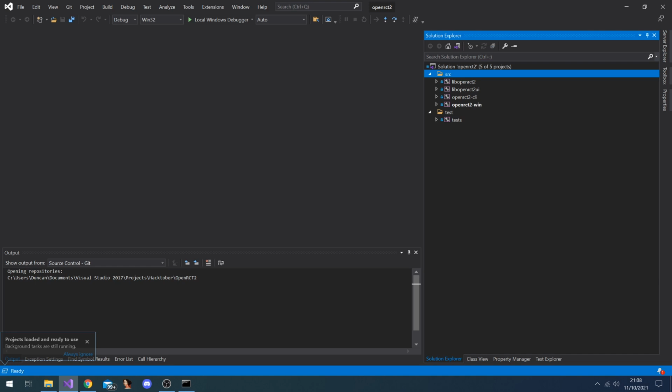Let's just see how the compiling is coming on. It's still going strong, so I'll keep discussing the rest of the project. So that's libopenrct2 UI. Let's move now onto these other two projects here, CLI and Win. This is where the actual executable that you'd run